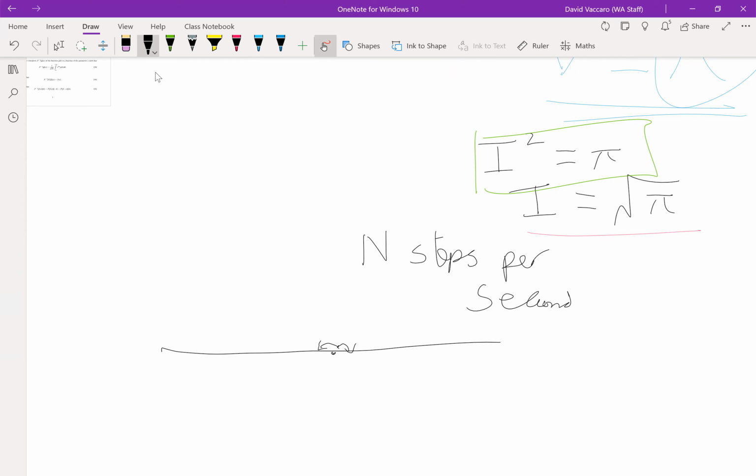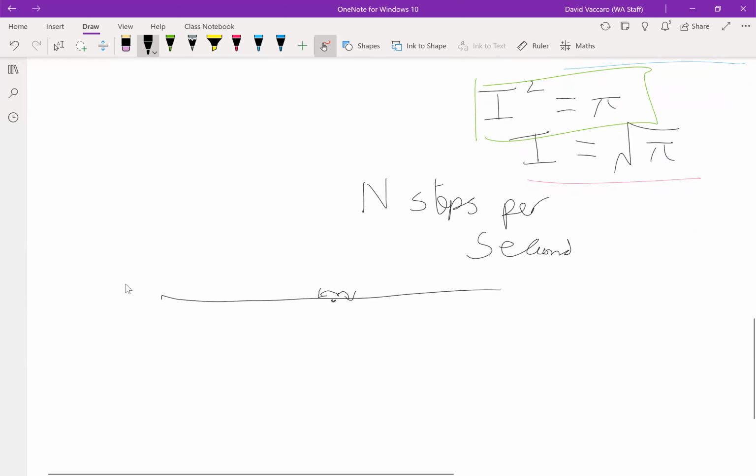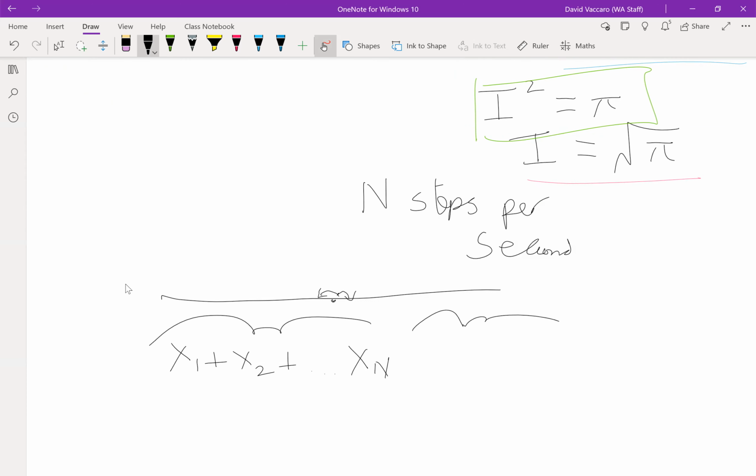Okay, so let's think about where the particle is at time t. It does capital N steps per second, so it does x1 plus x2 plus dot dot dot xn. And this is the first second. Then in the next second, it does another n steps,